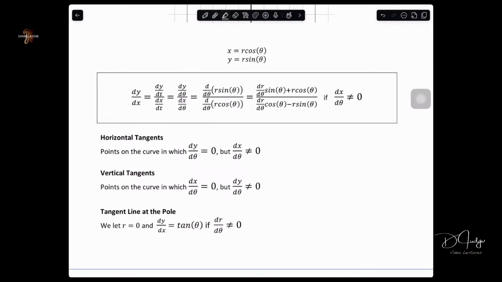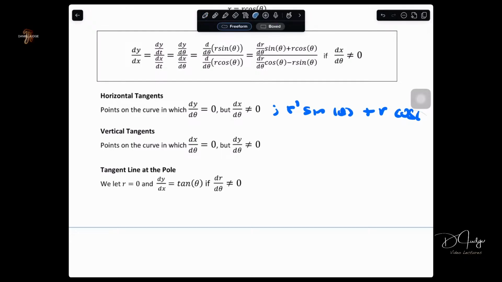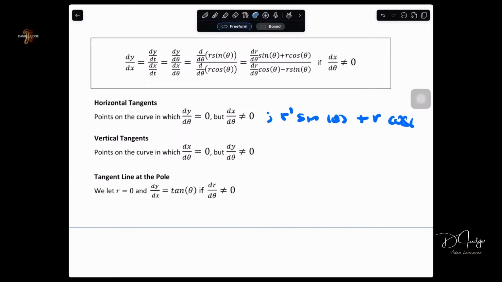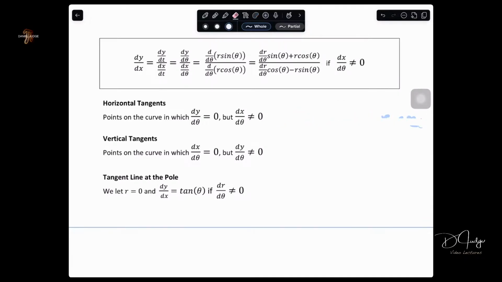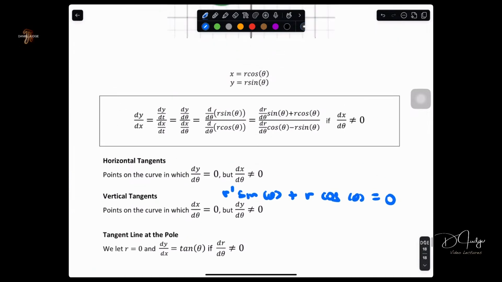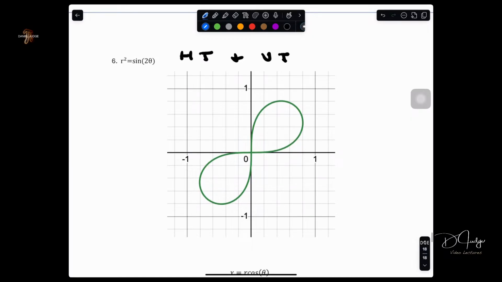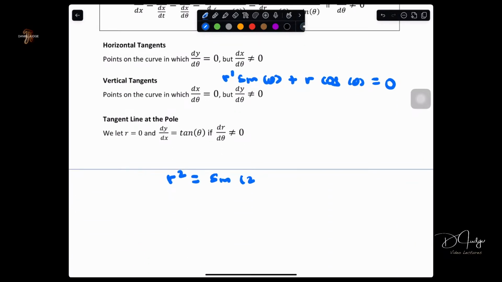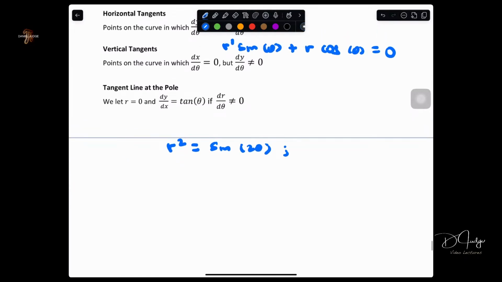So for horizontal tangents, where are we at? We need r prime sine theta plus r cosine theta equal to 0. We need dr d theta. We have r squared is sine 2 theta here. We got your infinity sign. So we need r prime. Remember, r prime